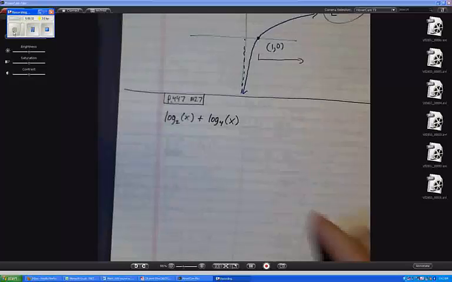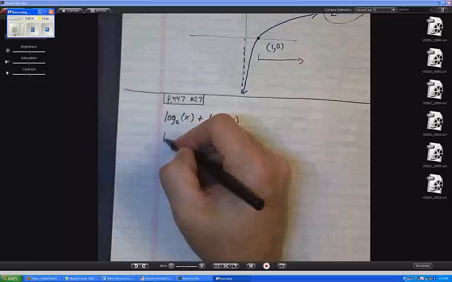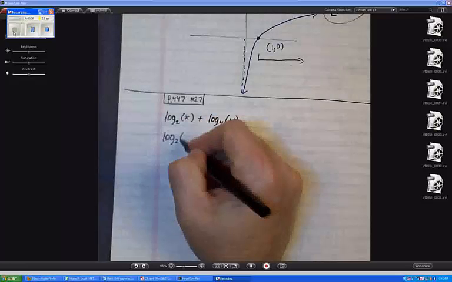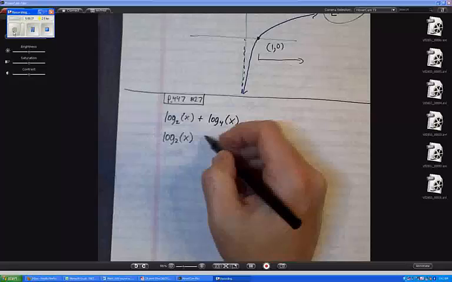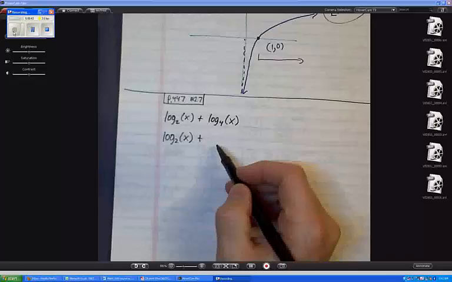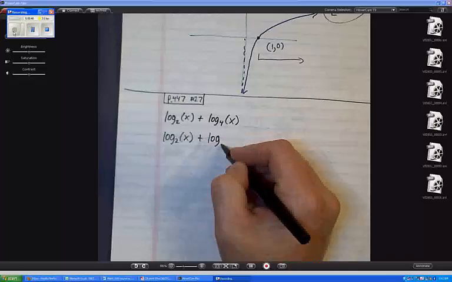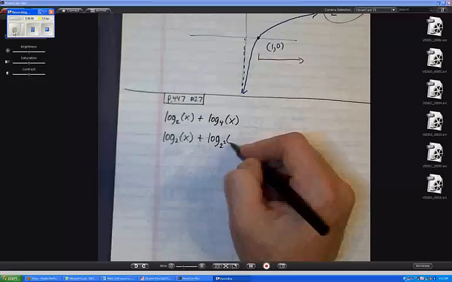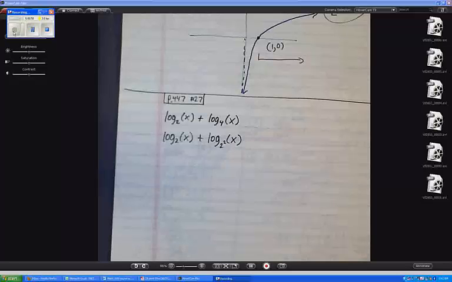I think the first thing I'm going to try with this one is maybe I could write the same base here, almost, 2 squared of x. Let's try using the change of base formula, okay? And we'll make it log base 10,